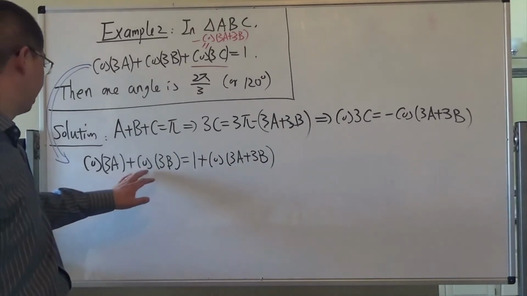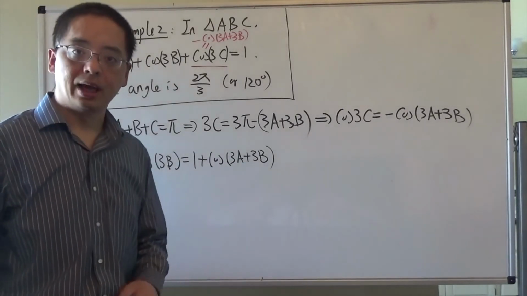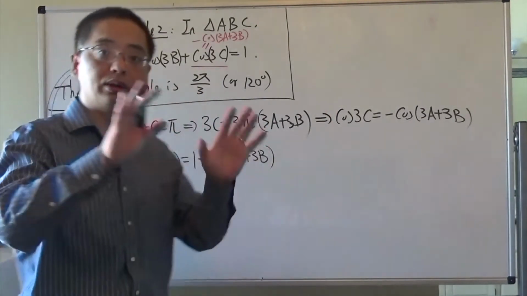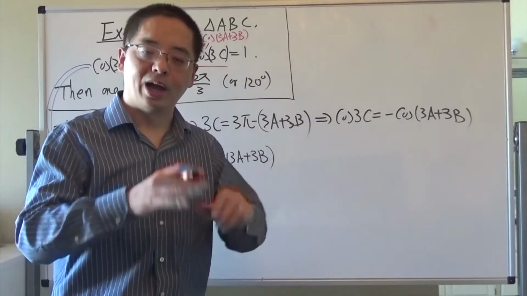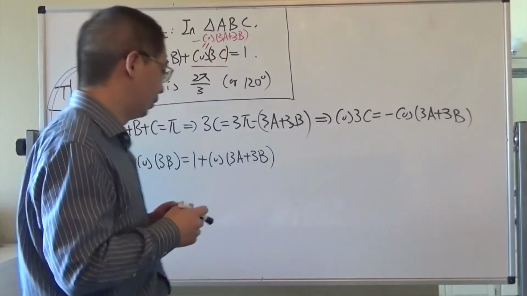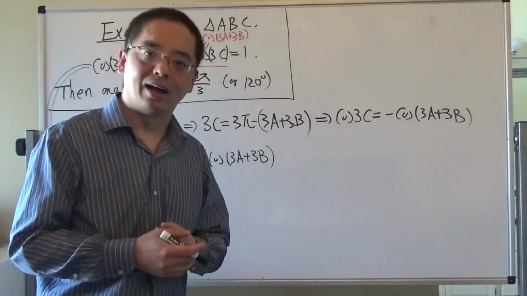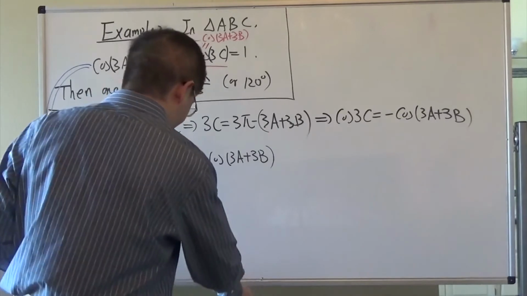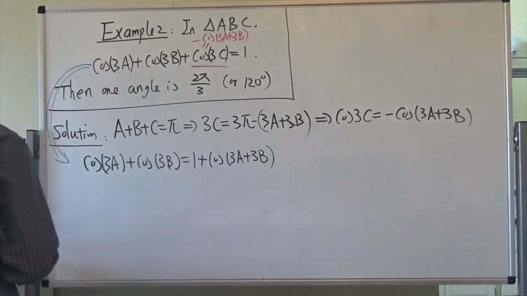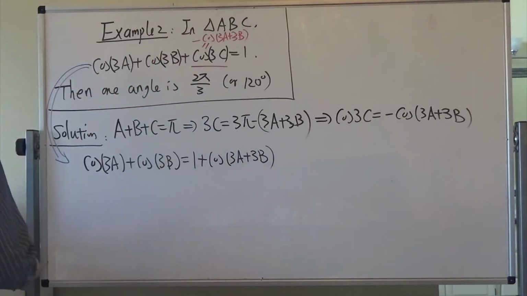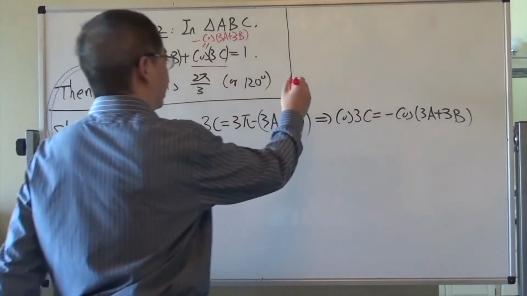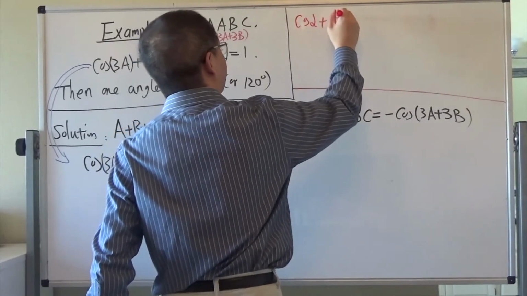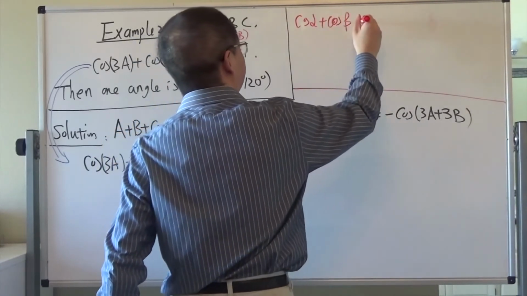Okay, what's next? Because here we have cosine plus cosine and 1 plus cosine, we can try to use the sum to product formulas, and hopefully we are able to get some kind of factorization. That is also quite a common technique to handle trigonometric equations. Okay, so let's do it. Because here's cosine plus cosine, the trigonometric identity we use is cosine alpha plus cosine beta equals